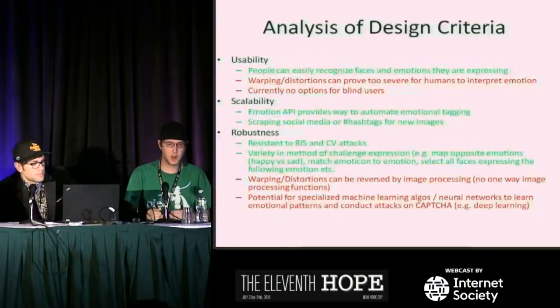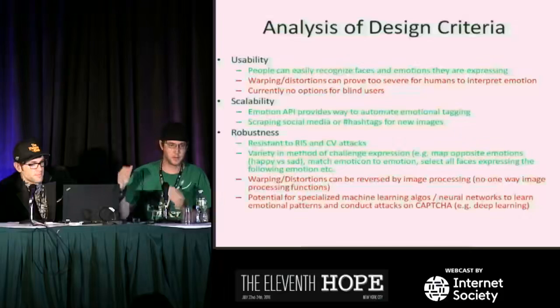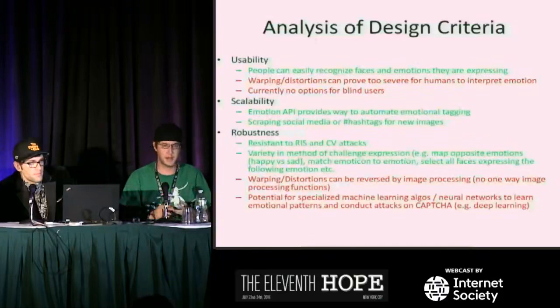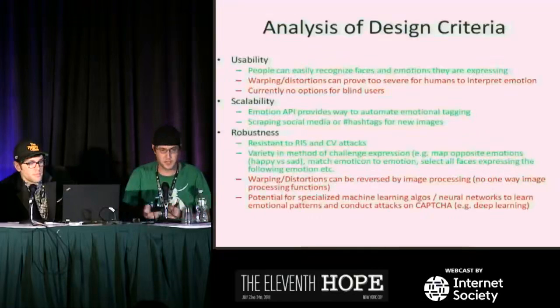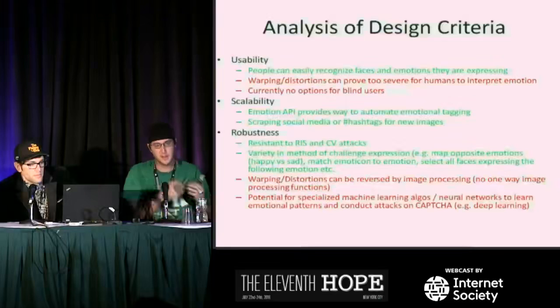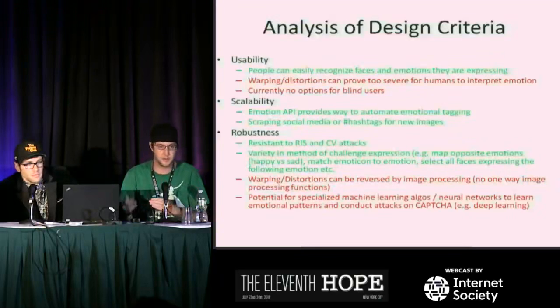If we go scrape hashtag smile or hashtag happy on Instagram, all of a sudden we have this live feed of images that are brand new. There's no metadata about them. They don't work in reverse image search because they've never existed on the internet before. All of a sudden you can take these live feeds of images, run them through an emotion API that's going to tell you already what emotion's in it, filter chain them, and then pop them out there. So you can literally produce these in real time with images that aren't vulnerable to a lot of this stuff.